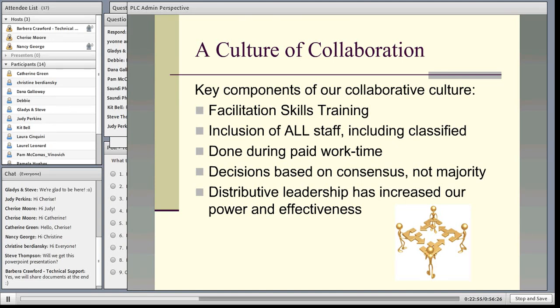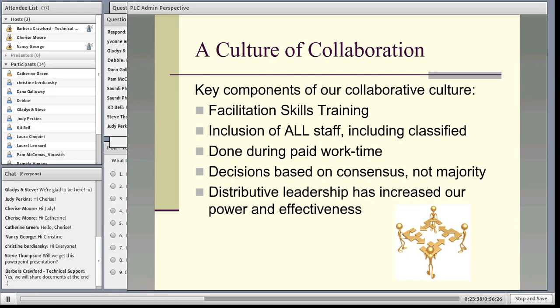So I've got here on the slide a few of the critical components that we figured out, some in the beginning and some along the way. One was making sure that the people who were going to lead our collaborative teams had skills in facilitating. It made a big difference for them. We took them through a local facilitation training, and it made a big difference for them to know how to handle the fact that we were going to have some people who wanted to be there, some people who didn't, some people who agreed, some people who disagreed. So we really tried to give them some of those skills on how to facilitate a group.